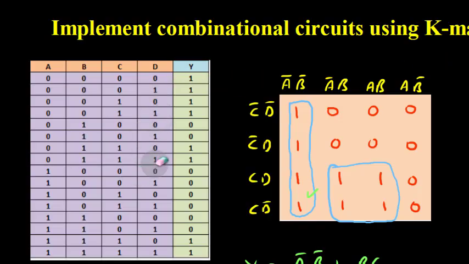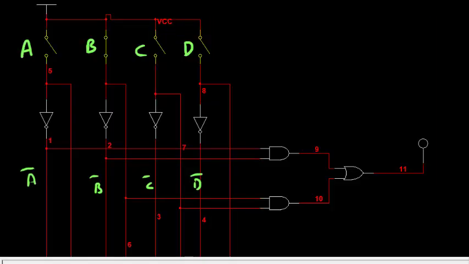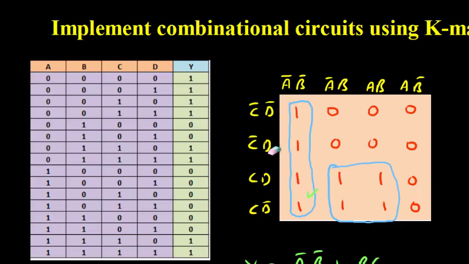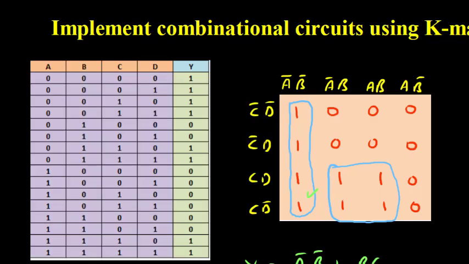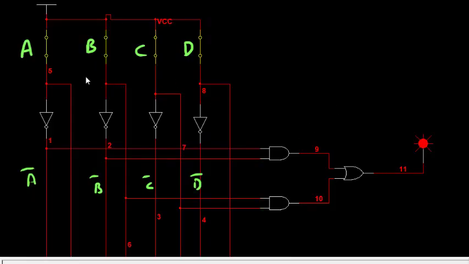Let us check another one randomly, say the third last, 1 1 0 1. The output is 0. Then the last entry is all ones, and it should be 1. So all ones gives 1. I have not checked all the entries, but you can check them all, and you will see that this circuit follows this truth table. We get the same answer. So this is the reduced circuit diagram using K-maps. That's all for this lecture. Thanks for watching.